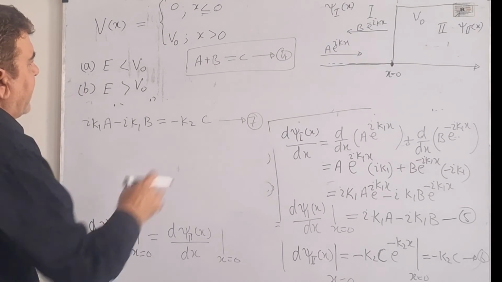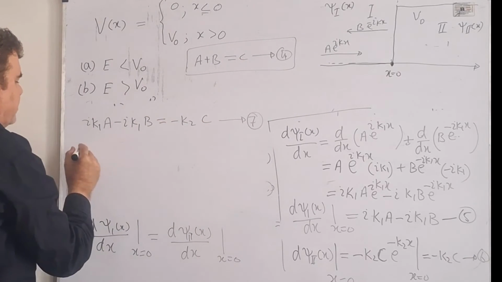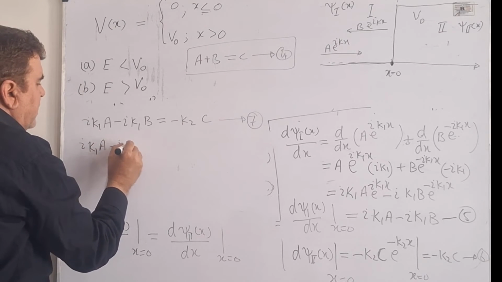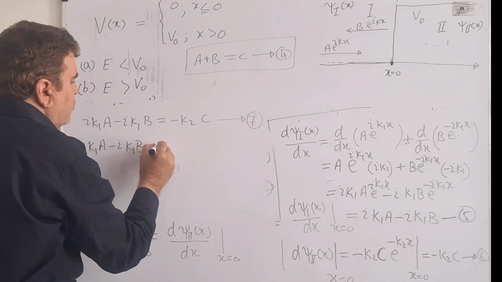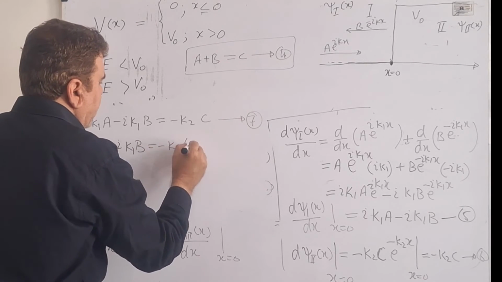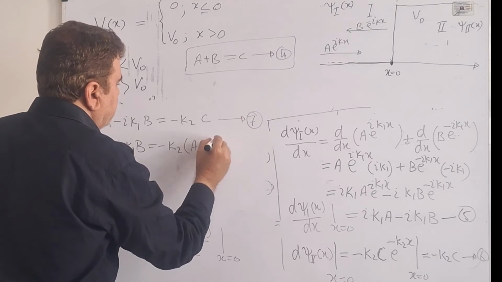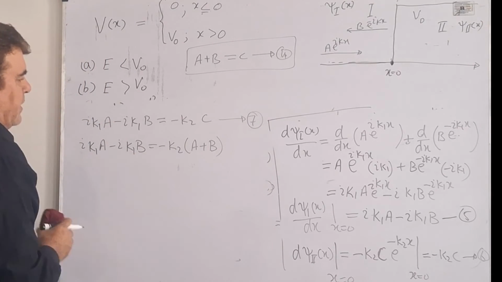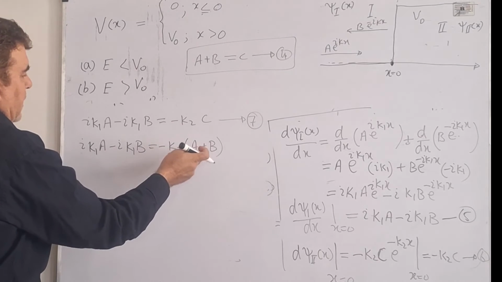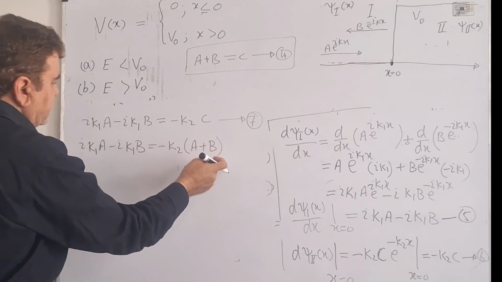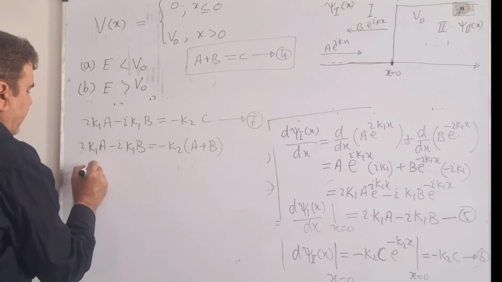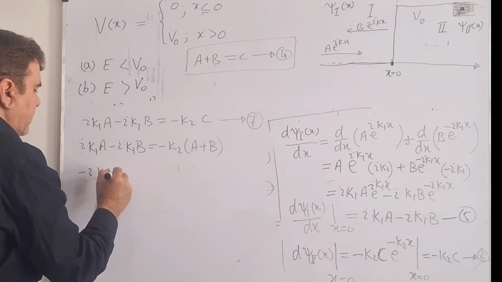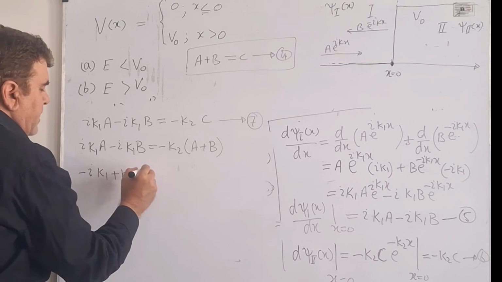So with that, I can replace the value of c at this position and write iota k1 a minus iota k1 b equals minus k2 times a plus b. Now I can solve this equation for b. So I take b to this side of the equation and a to this side. Doing that, I can write minus iota k1, and then minus k2 to this side will make it plus k2, b